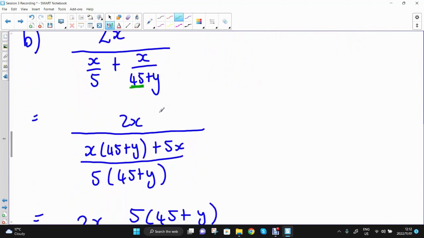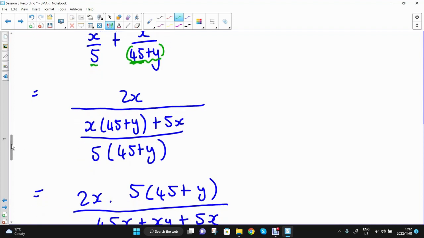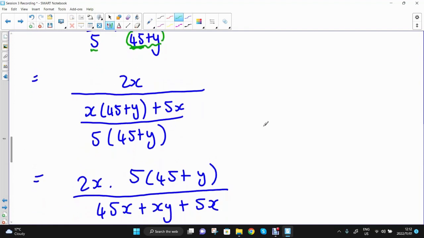So you'll see from my calculations here, I did the same as what I did at the top. So I had to find an LCD between these two denominators, which then gives you 5(45 plus y). You then multiply each of these numerators by what is missing in the denominator. You'll see it looks quite ugly, but just stay with me. Then at this stage, I didn't show my steps here, but I'm dividing by this massive fraction. So, if you multiply this in, you're going to get x,